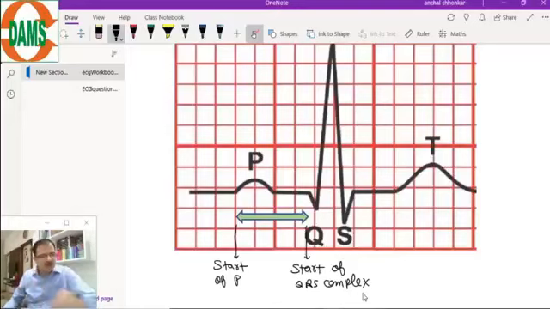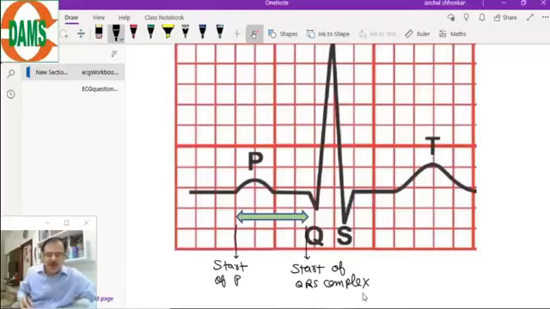And some of you might be asking, then why is it known as the PQ interval? Because in the QRS complex, the first wave is the Q wave. It is also a standardization that sometimes in the QRS complex you might not get a Q wave. It starts with the R wave only. So whatever is the starting point of the QRS complex, whether it is a Q wave or the R wave, that is the PR interval, just for standardization.